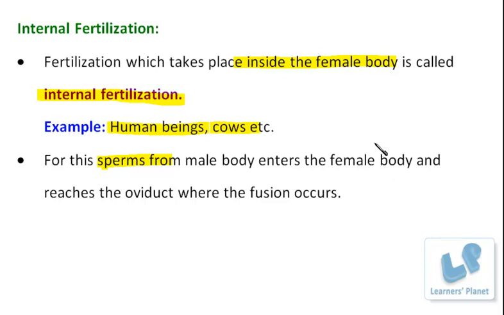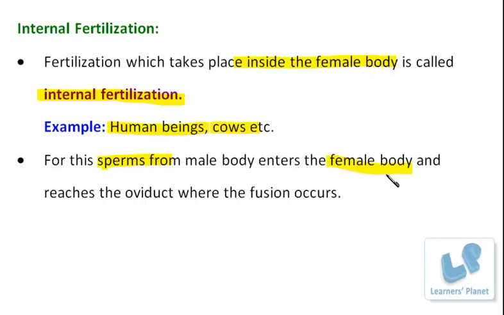Now the point is that male and female are two separate bodies. How are these sperms going to enter inside the female body? They are present in two separate individuals, isn't it? So how will the fusion take place? For that, of course, the copulatory organ of the male is participating, and the penis, that is known as the copulatory organ, is ejaculating the sperms produced by the testes